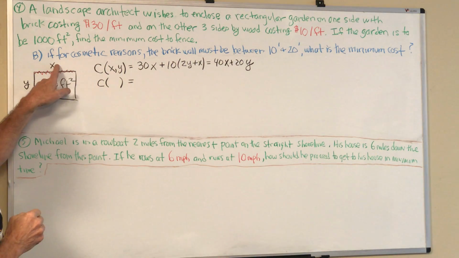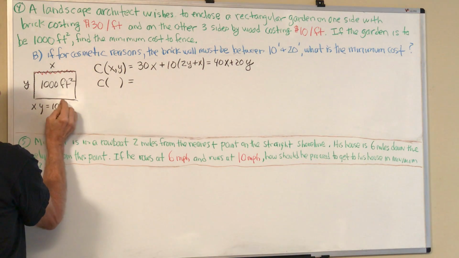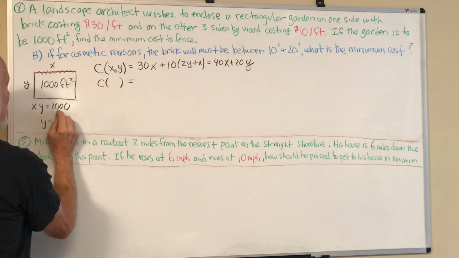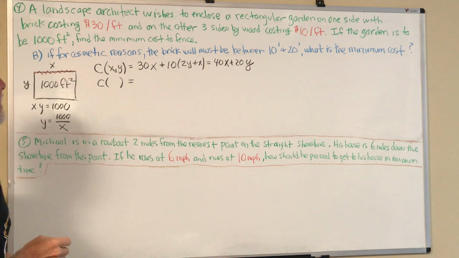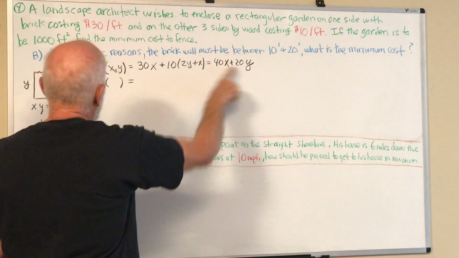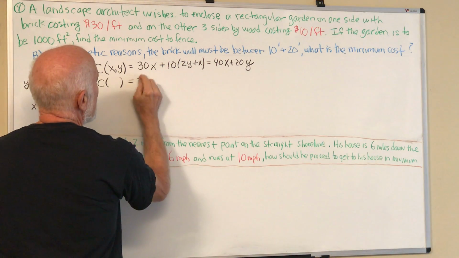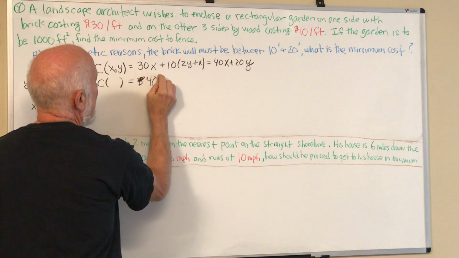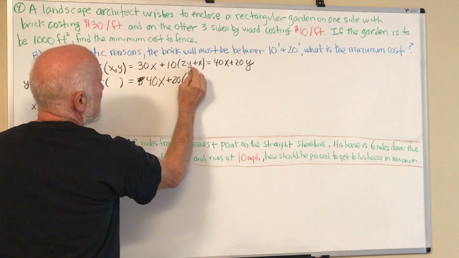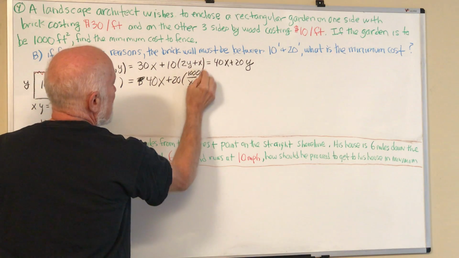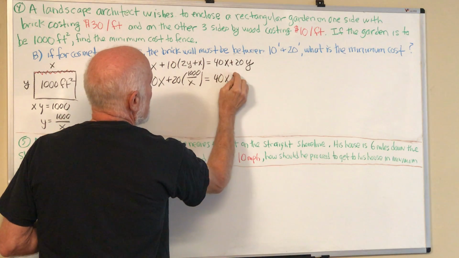So we know that X times Y has to equal 1,000, or Y equals 1,000 over X. So we have a relationship that I can replace my Y with 1,000 over X. So we have 40X plus 20 times 1,000 over X. Or altogether you have 40X plus